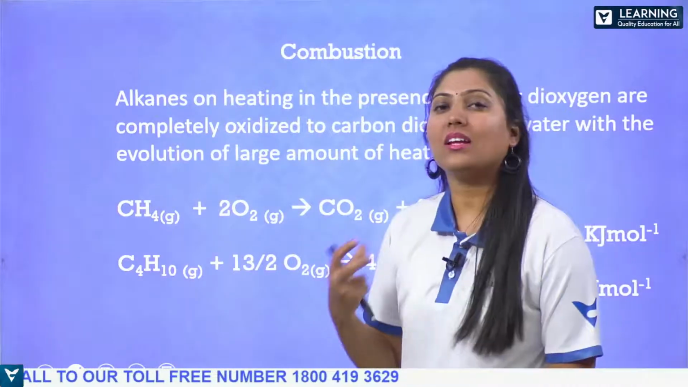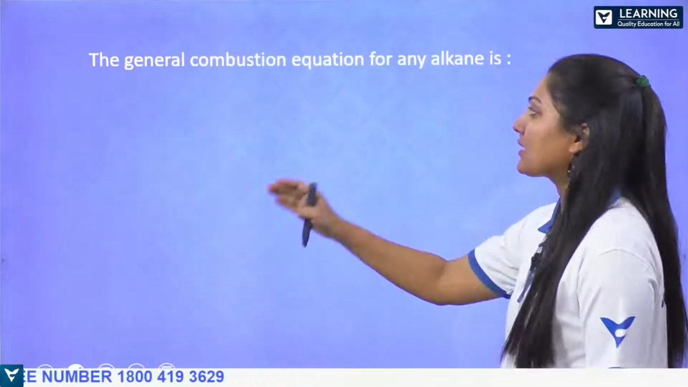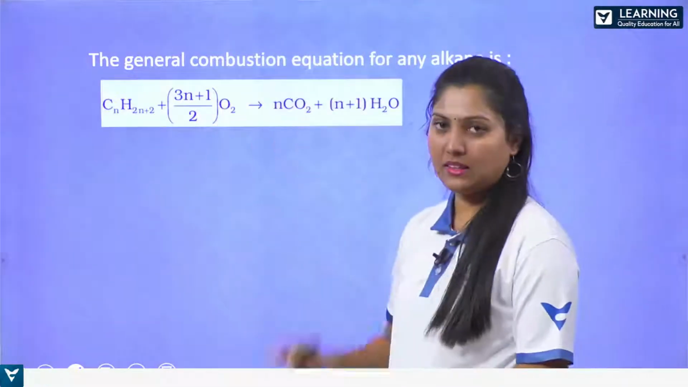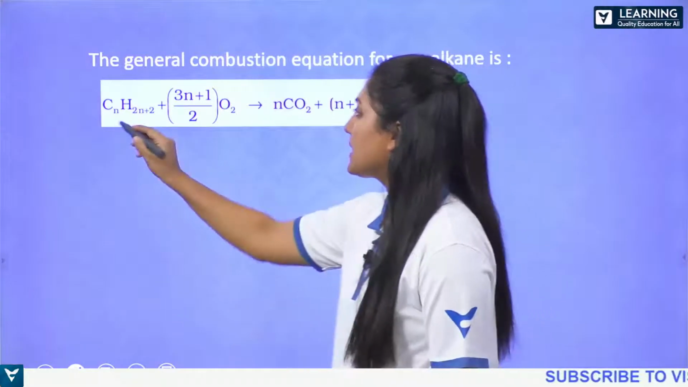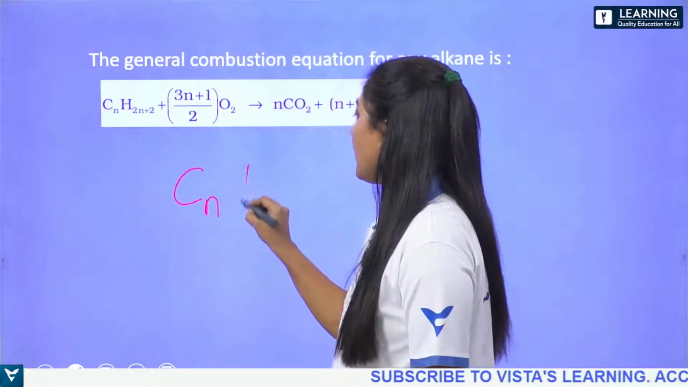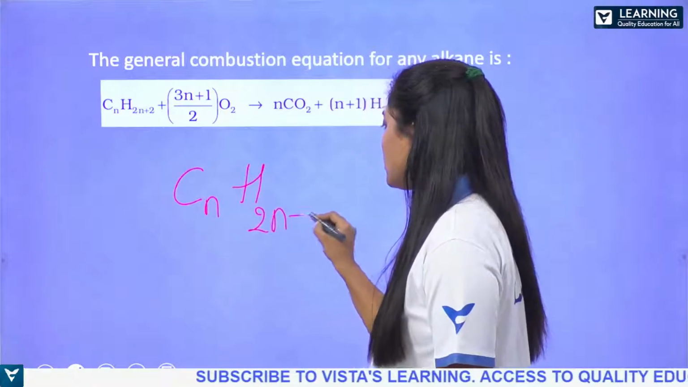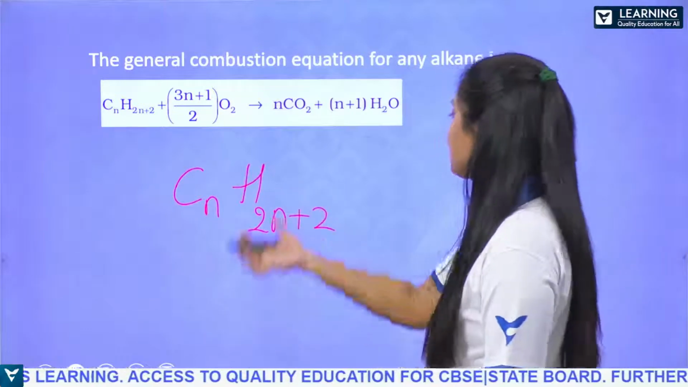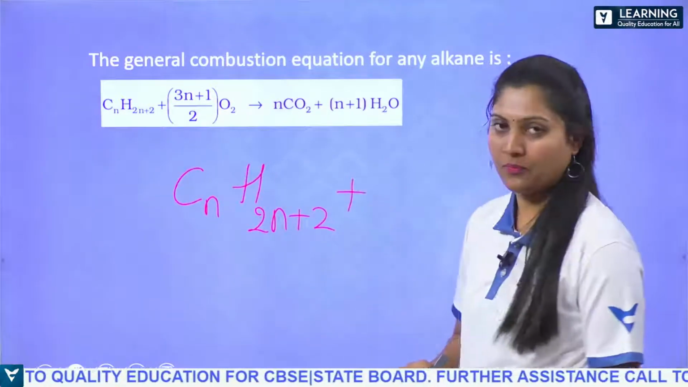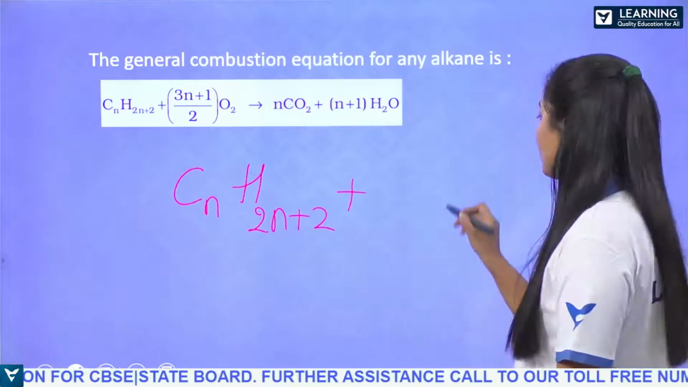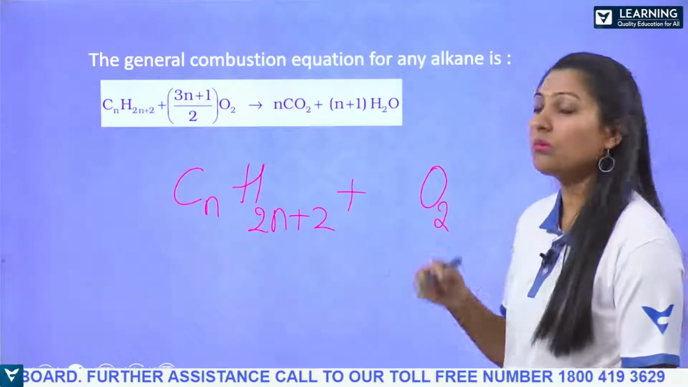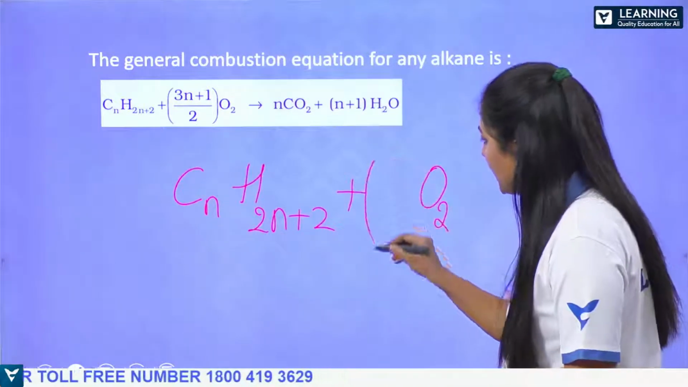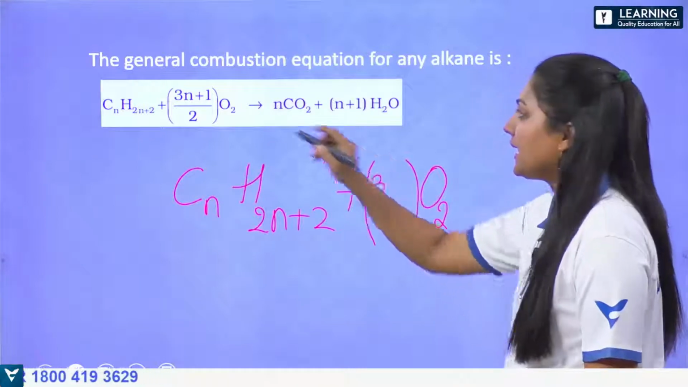So this can be written in a general formula. The general combustion equation for any alkane will be given by this, where you can see CnH2n+2. This is the general formula for alkane. When this is reacted with oxygen, what is the amount of oxygen we have to take? We have to take it as oxygen molecules. Nascent oxygen or single oxygen atoms are not used. So here we'll be having 3n